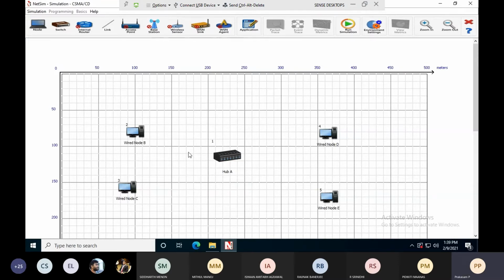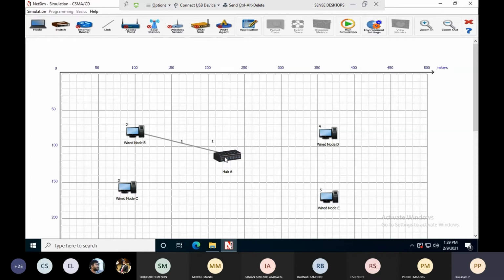The next step, I want to interconnect hub with the wired nodes. So go to link, select wired link. You want to connect these two. Again, it is the same as Multisim software. Just click on wired node B, click on hub. Now the connection has been created.